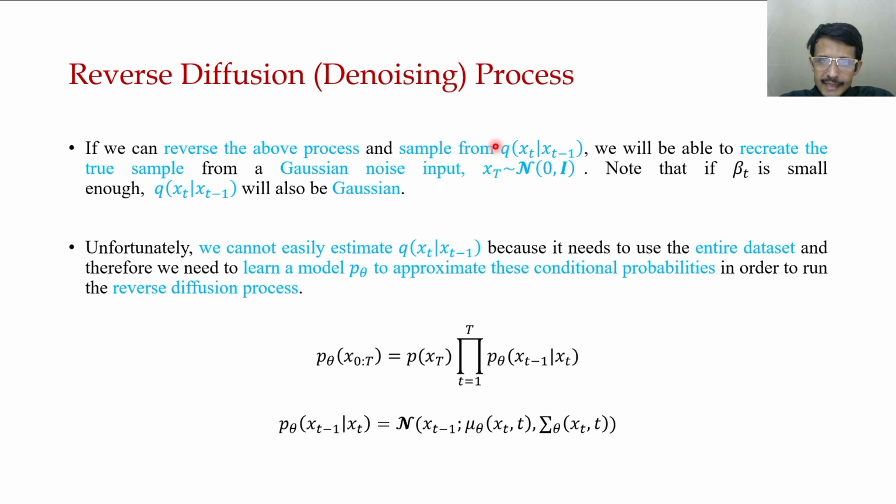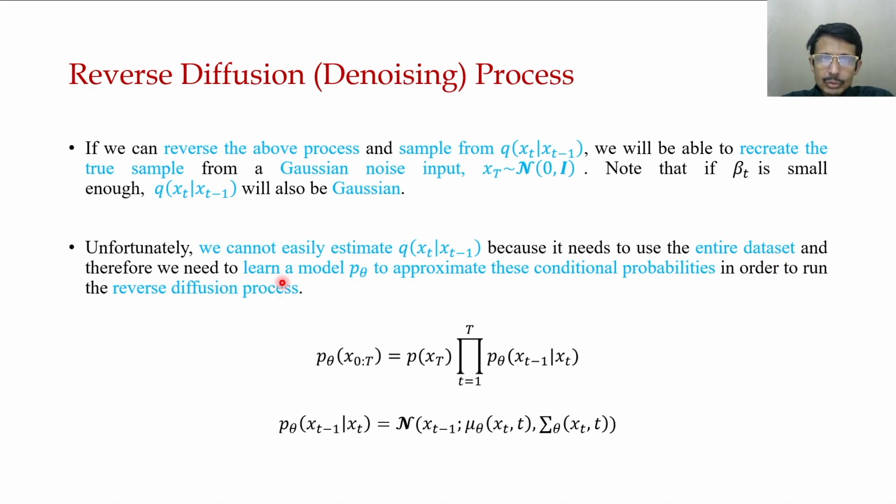Note that if beta t is small enough, this xt given xt minus 1 will also be Gaussian. But we cannot do this, because we cannot easily estimate this q of x, since it needs to use the entire data set,